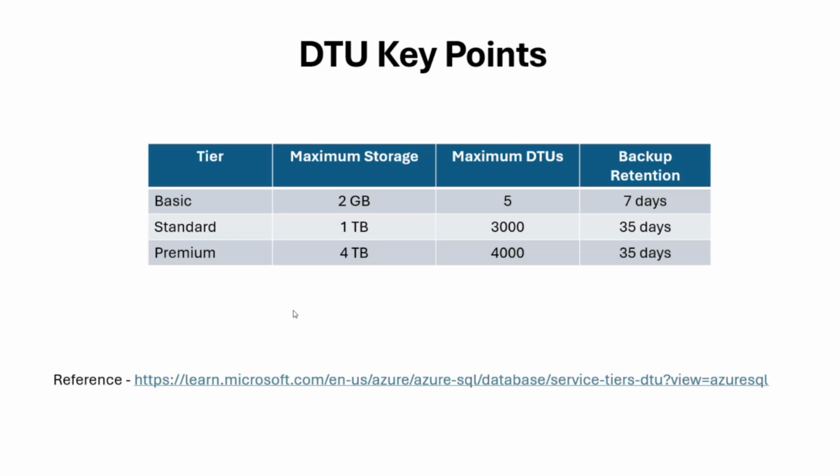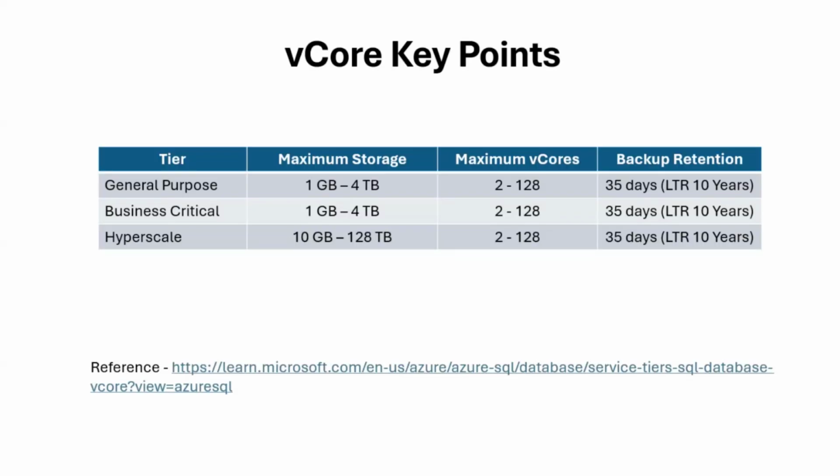Now, moving on, let me talk a little bit about the virtual core purchase model. So V stands for virtual. In this model, you have an option to choose your CPU, your memory, and your storage. This is kind of the opposite of DTU, where you don't get to choose and you get everything in one bundle. Whereas in the vCore purchase model, you can choose the number of virtual cores you want to allocate. You can choose your memory. You can choose your storage,